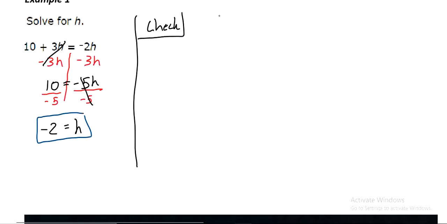Always worth it to do a check. It takes a minute, but it could save you from getting an incorrect answer. So I'm going to write the exact same equation, except instead of my variable h, I'm going to substitute the solution we found. So instead of 10 plus 3h, I'm going to do 10 plus 3 parentheses negative 2, and over here we're going to have negative 2 times